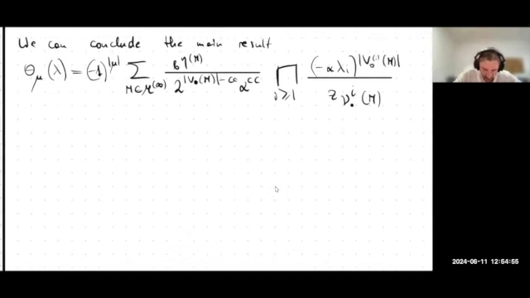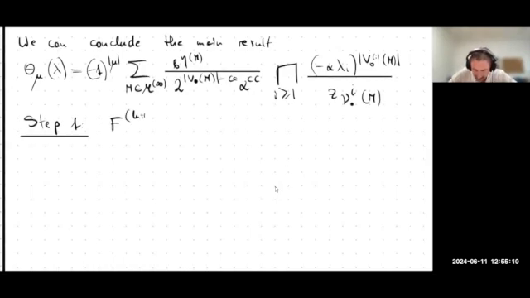So how can we prove this? Well, the only thing we have to do is check that all the conditions from the characterization theorem are satisfied. So the first condition says that if you